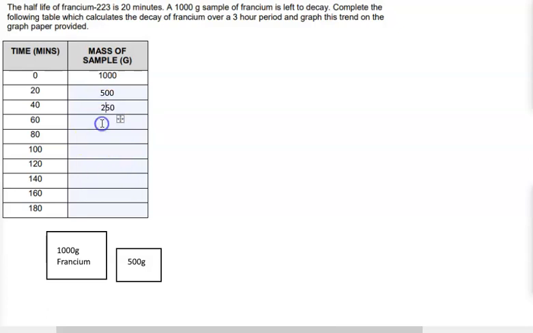So you can hopefully see the pattern that we're halving the mass of radioactive atoms every time, and that's where half-life gets its name. So we have 125, then we have 62.5, then we have 31, and I'll just round it off to whole numbers to make it a bit easier. 63, 32,